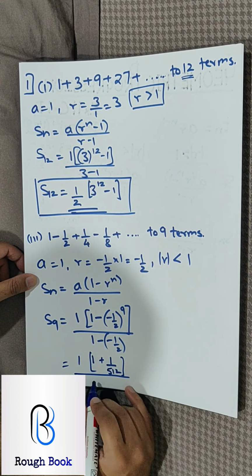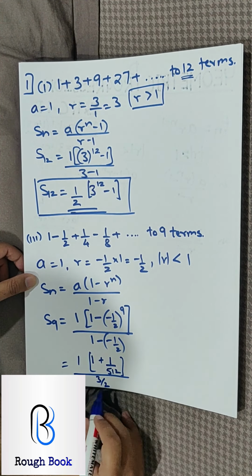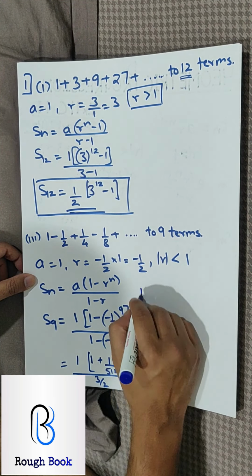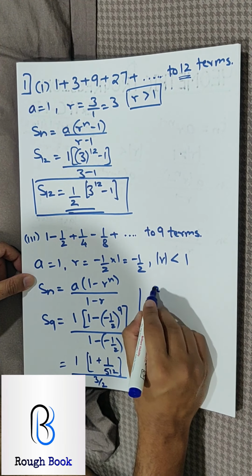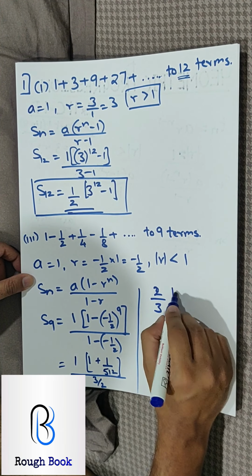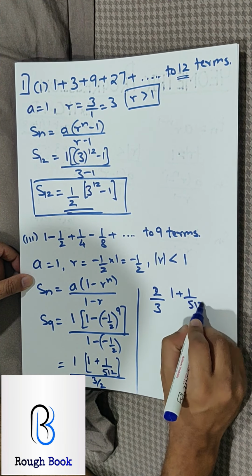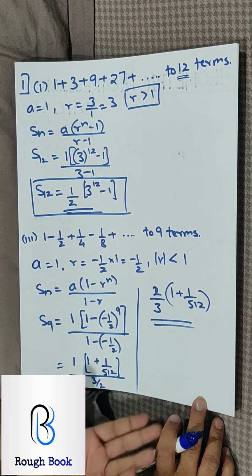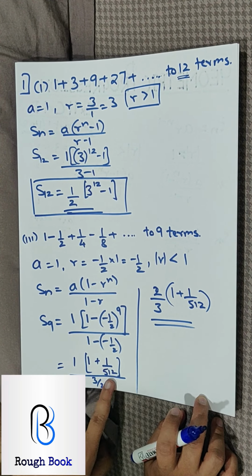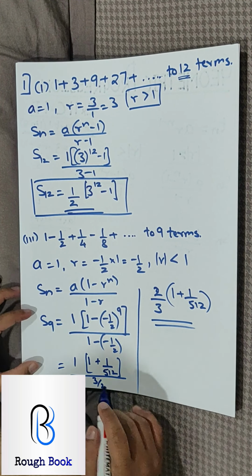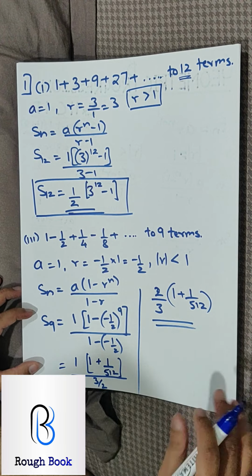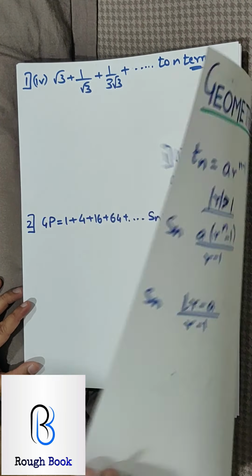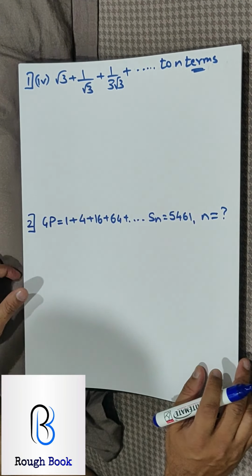So 2 plus 1, 3 by 2. When this goes up, it becomes a reciprocal. So therefore this will be written as 2 by 3 times 1 plus 1 by 512. You can leave the sum here. No need to calculate this further. If you want, you can still, but the board says you can leave this also as it is. The answer will have 2 raised to 9 behind it. So you are always allowed to use it or leave it there. Your call.